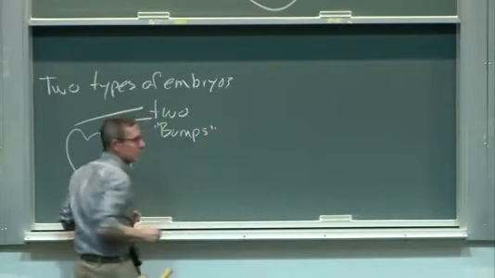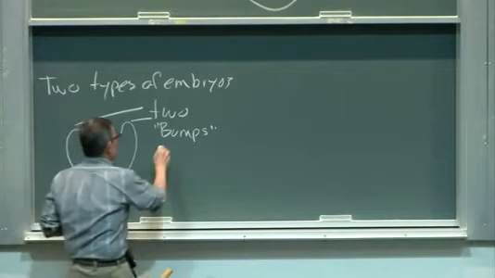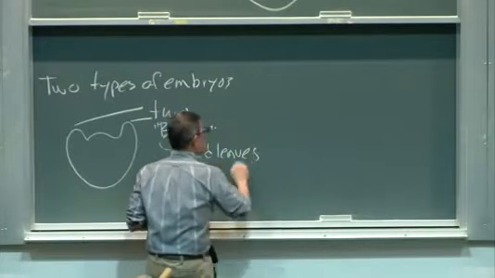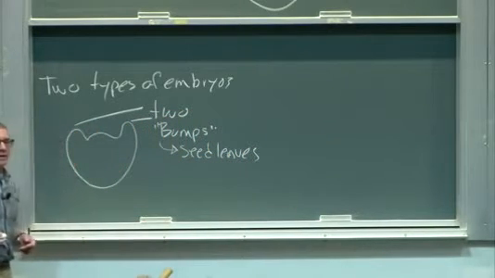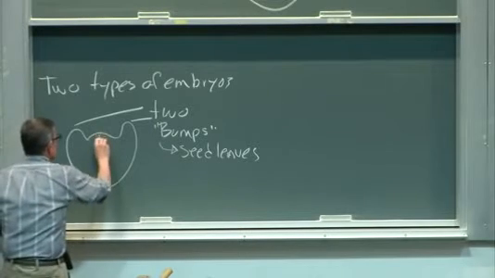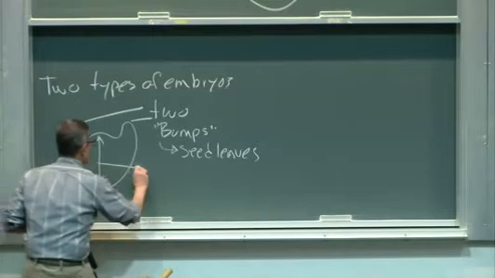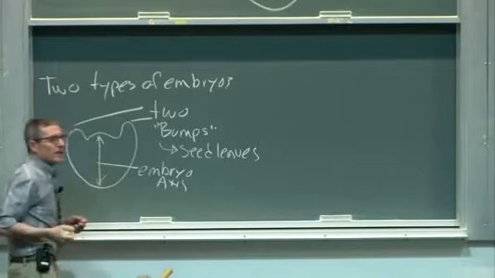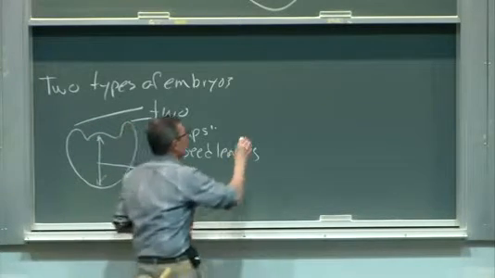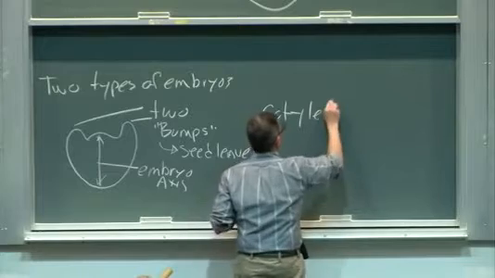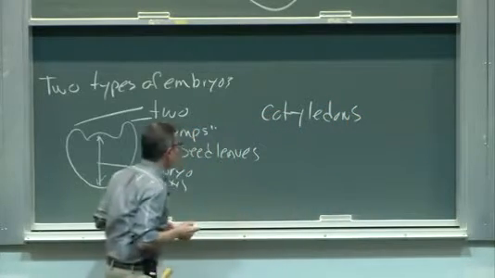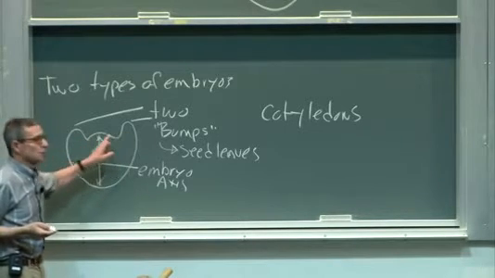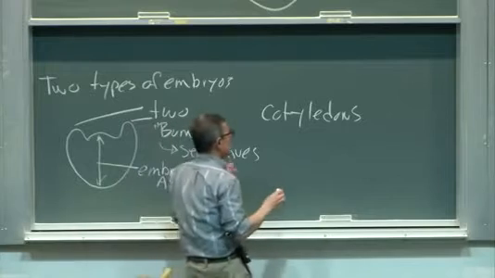in the embryo, two bumps. These bumps form what are known as the seed leaves. They are present inside the seed. They are the seed leaves. This would be the embryo axis. And we give a name to these seed leaves. They are called cotyledons. Cotyledons. And because there are, in this particular categorization or division, two bumps, we say that this seed represents a